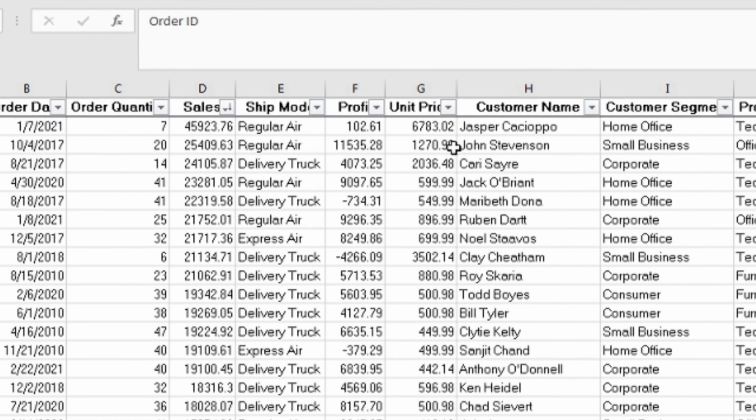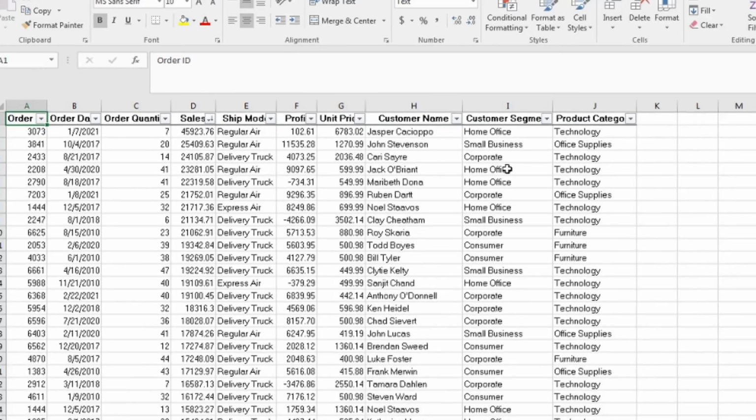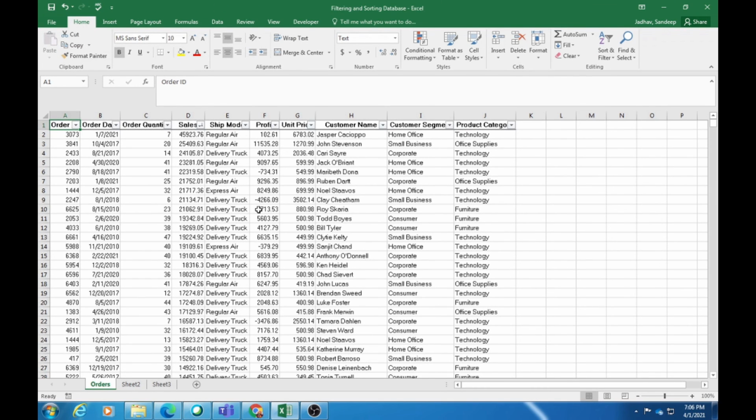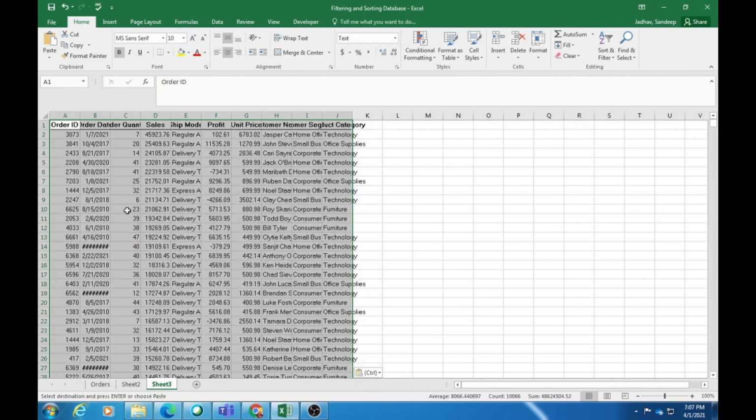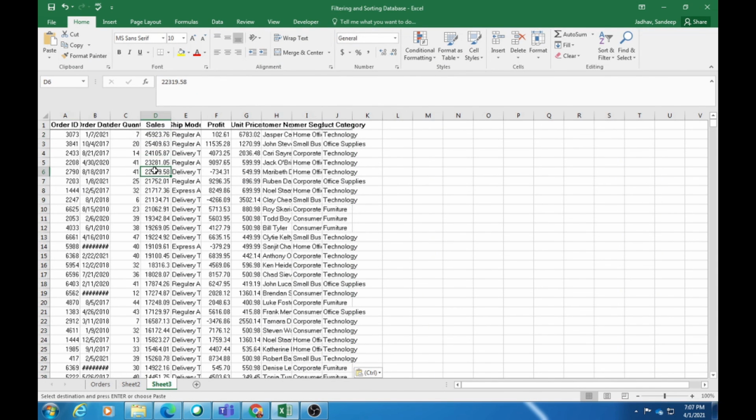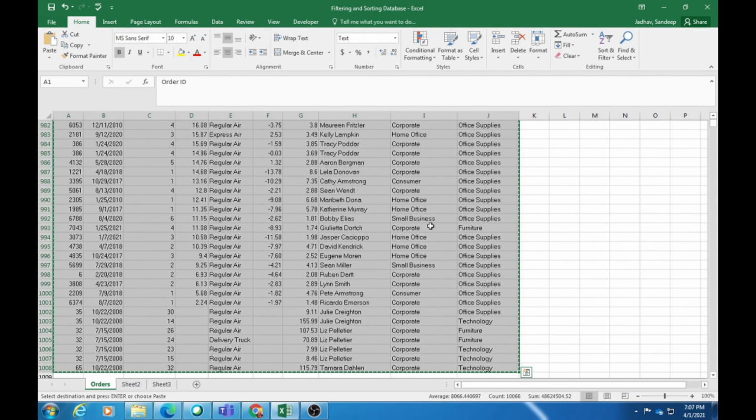Now, when I sort or filter this data, okay, now this data is sorted. I want to copy this data and paste it into another sheet or another workbook. How do I do that? I will just select this data by Control A. All the data is selected. Go to the other sheet and paste. The data is pasted the way I have sorted it. So this is the way we can copy the filtered or sorted data and paste it into another worksheet or another workbook.